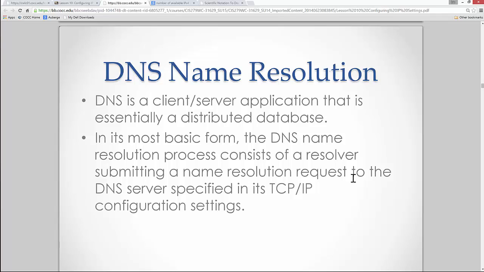They go out and make sure that APIPA address is not being used by another computer, and it magically happens for us. So DNS, by now you've used the web, you should understand DNS. Really the whole idea behind DNS is to convert an IP address that we don't necessarily have to remember to a name. And we can then easily change the IP address through DNS configuration to address another